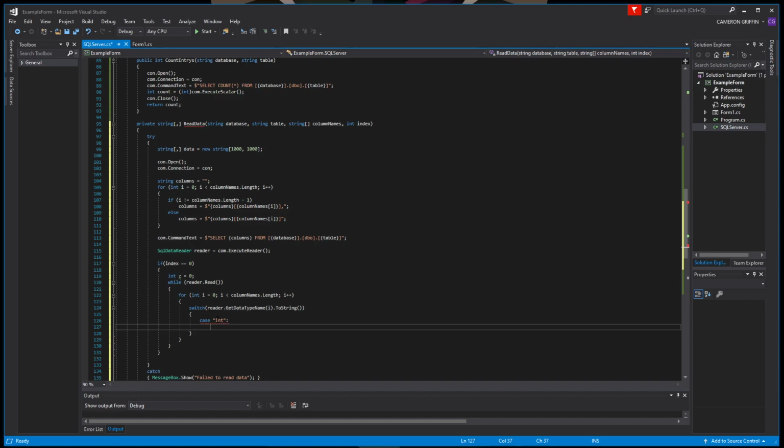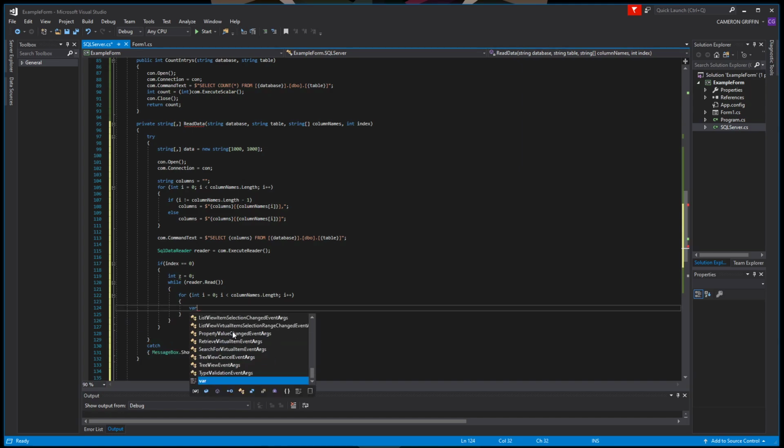You could do it for a different bit, or you could do data. You could do a variable, just a variable of name info equals reader